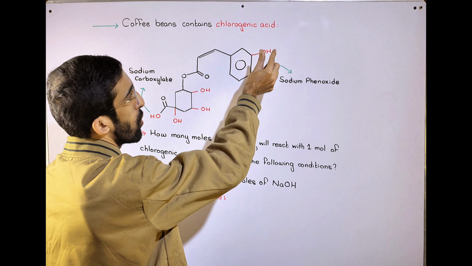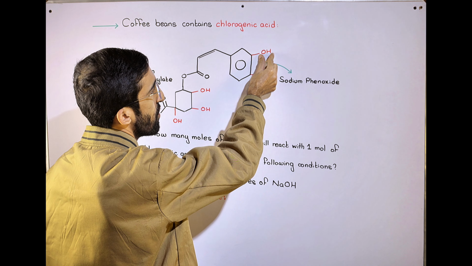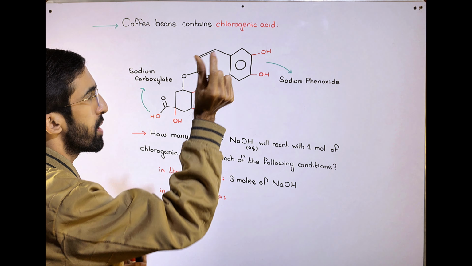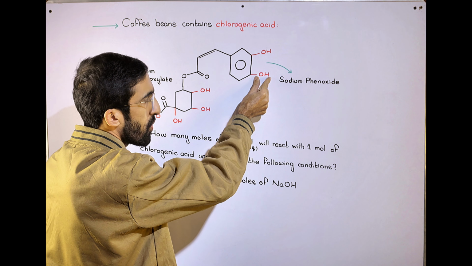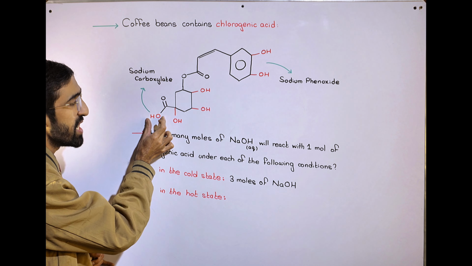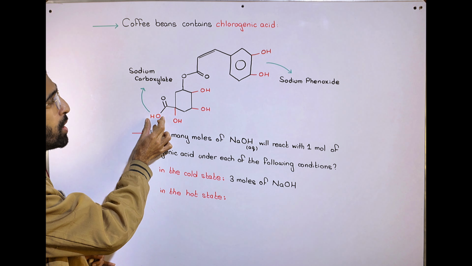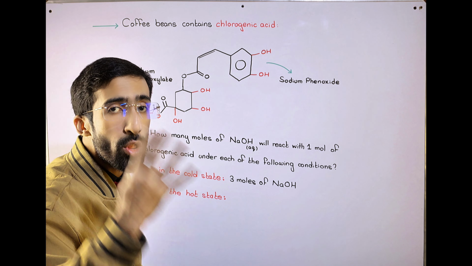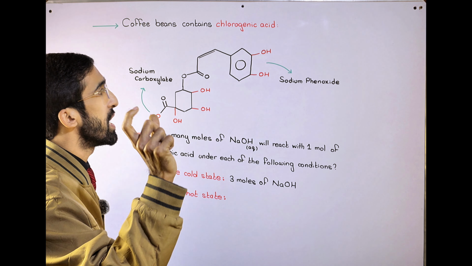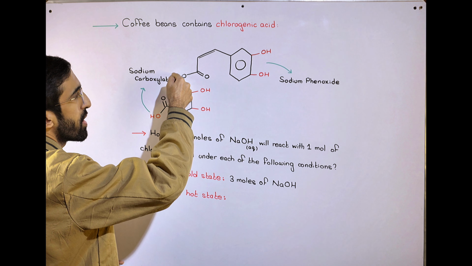The first mole of sodium hydroxide will react with this phenolic group and the second mole of sodium hydroxide will react with this phenolic group to form the sodium phenoxide, and the third mole of sodium hydroxide will react with this carboxylic group to form the sodium carboxylate, and the fourth mole of sodium hydroxide will react with this